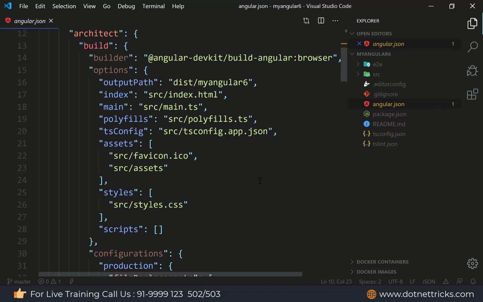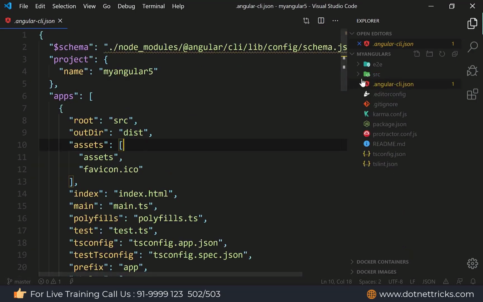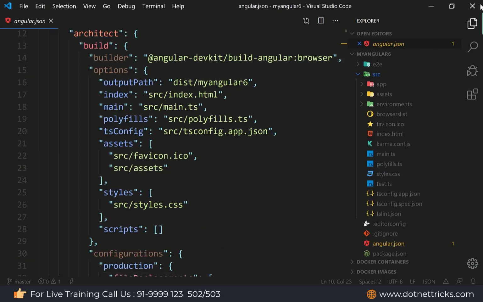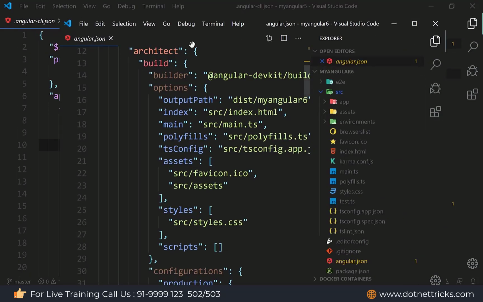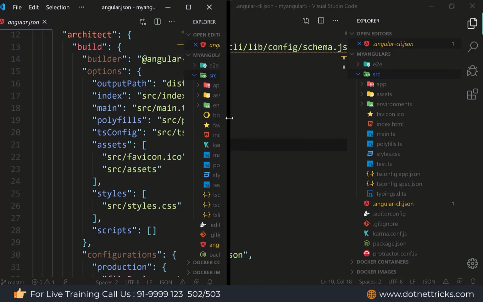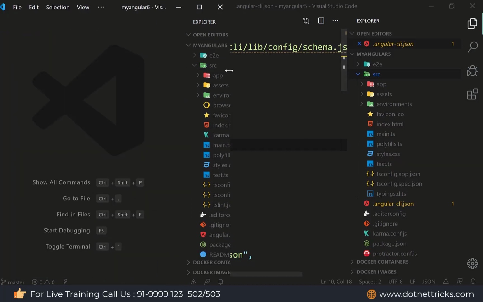So when you're talking about the folder structure, if you will look at the folder structure, you will find out exactly same in Angular 6. Even if you will find out in Angular 5 also, you will find out the same set of files over here. So I can compare both the projects together. Same way you will find out in Angular 9 also, you will find out in Angular 7 also. So don't think like if you are referring the video for Angular 4, so these are outdated. No, these are not outdated, because fundamentally the things are same. There is no change over here.